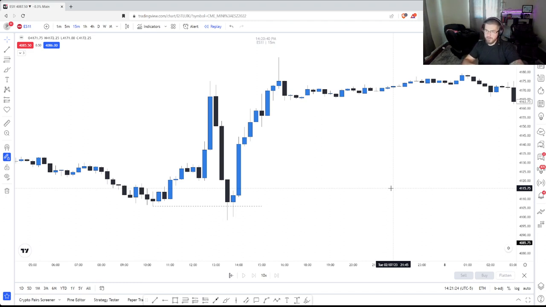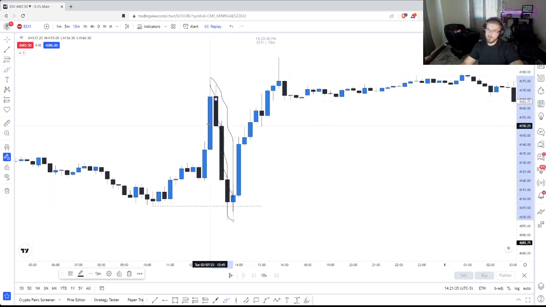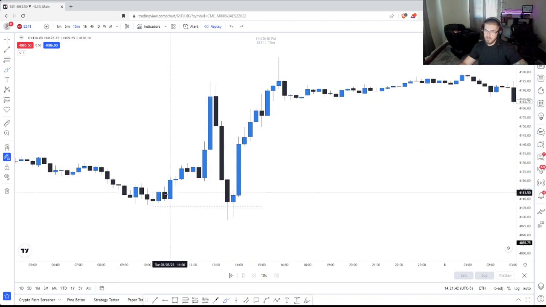So if we see fair value gaps and massive pushes down into an area of liquidity, but we then fail to close under that liquidity and start expanding up, we can assume that this push down is a manipulation move. Now I have to use that in context of the higher time frame since we're on a 15-minute here, but if we see displacement down into a liquidity pool and then a sharp move out, we know that that's manipulation, because this displacement helps us determine what true moves are, but it also helps us determine what is a